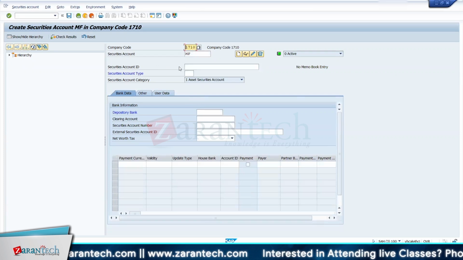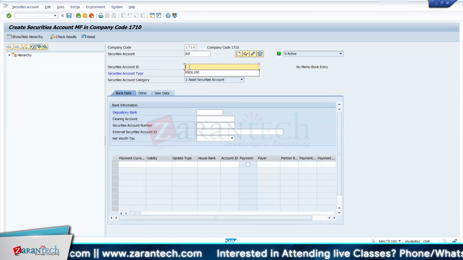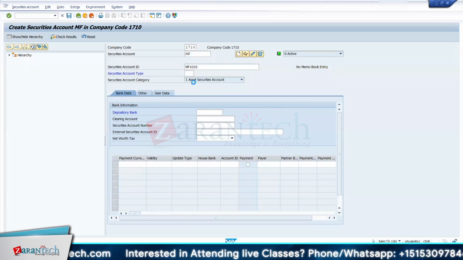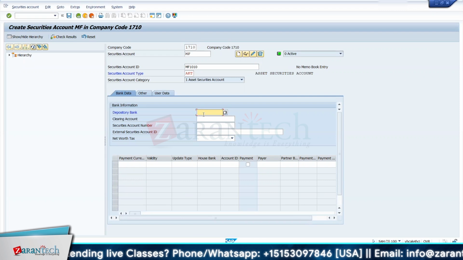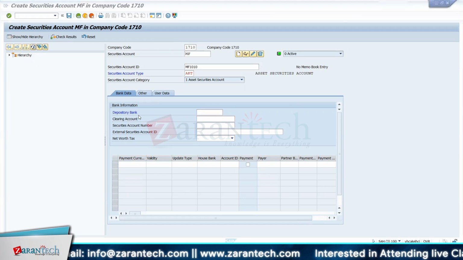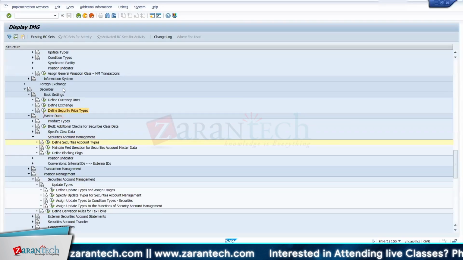Now security ID, so you can say security ID this. Okay, 1010. Type, as I mentioned, this will be the asset AKT. Depository bank, this is important. Now here I would have created a depository account and then told you, yes, this is important. But here, you can understand that when I create this security account, I need to know where I have maintained this, right? So for that purpose, I need to create the depository bank. To create that, since this is a new server,